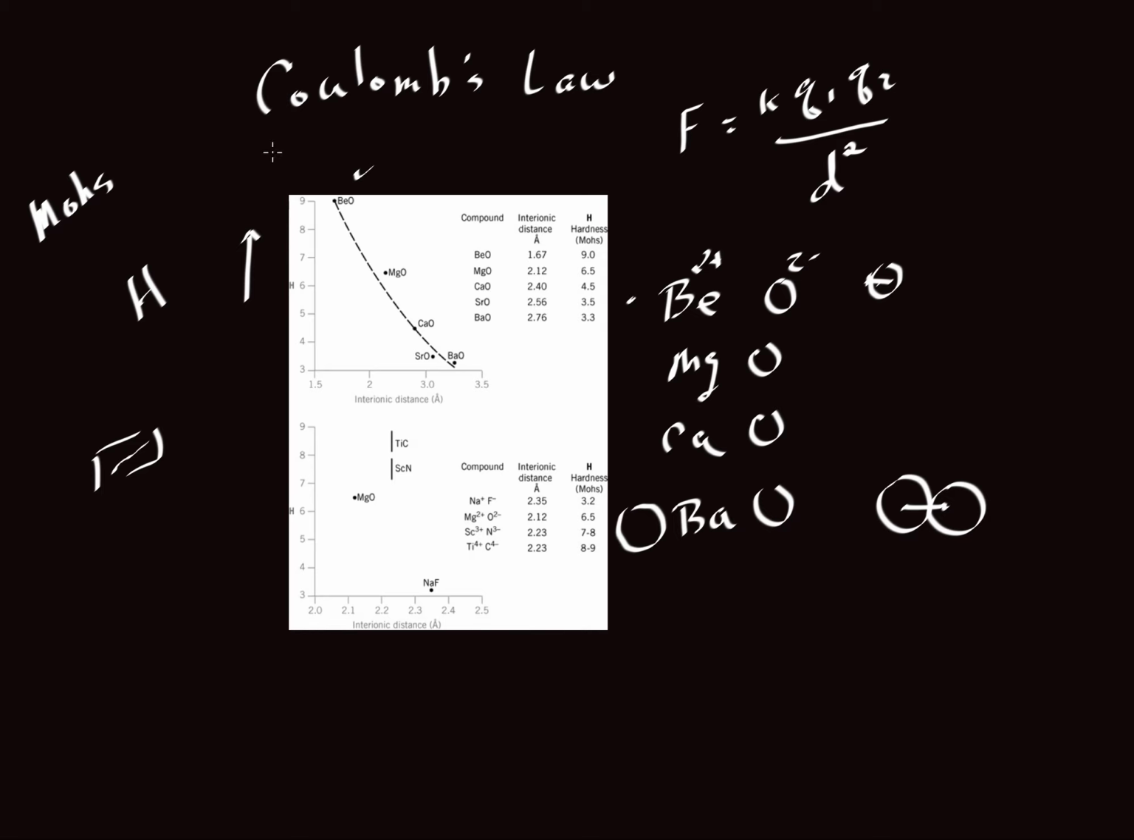So again, we're using the Mohs Hardness scale, the ability to scratch something, as a proxy for looking at the force of attraction. And this Mohs Hardness scale can be quantified against things like interatomic distance, when we're looking at the bonding distance between a cation and an